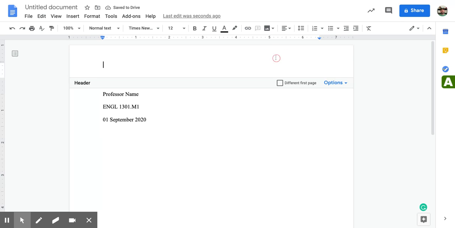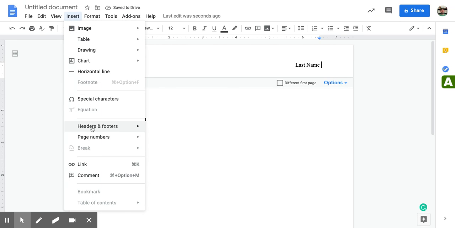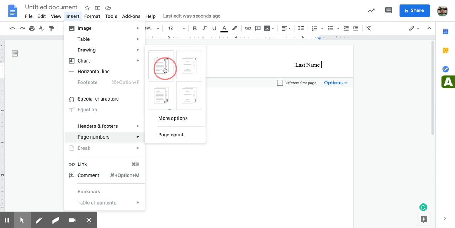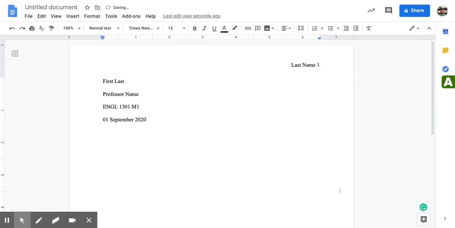So we go back up to the top, double click here. You just need to write a line. So you need to make sure it goes like that. You would put in your last name, not what it says here, the actual your last name. And then you need to go to Insert, Page number, and you pick the one that goes like that up at the top. Okay. And then one more time after you're back down here, you press enter or return just once,